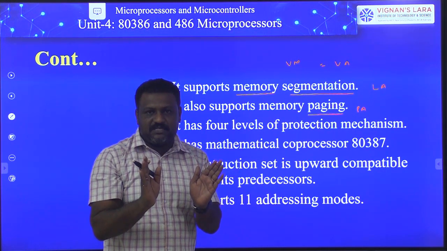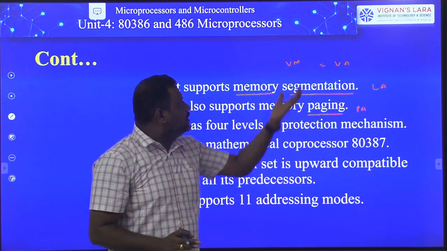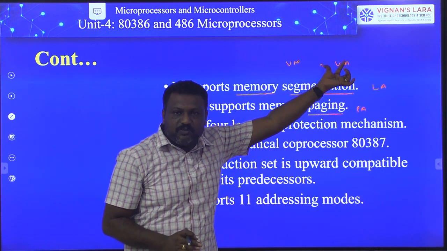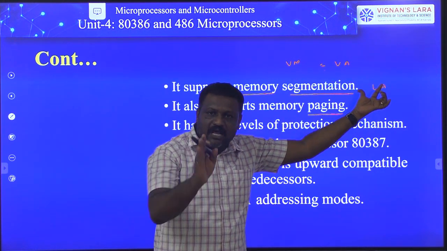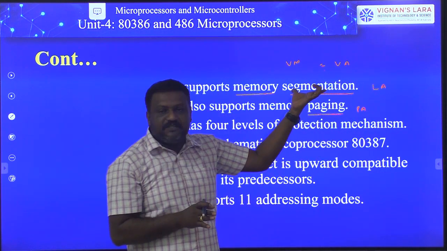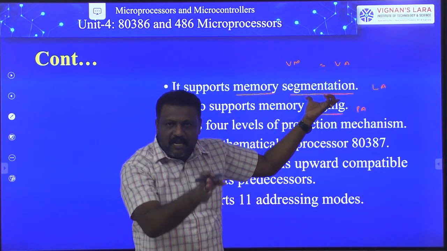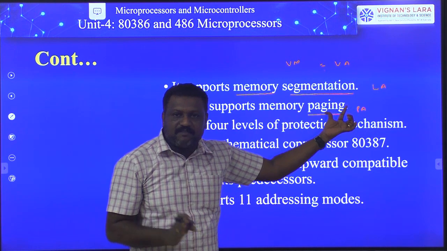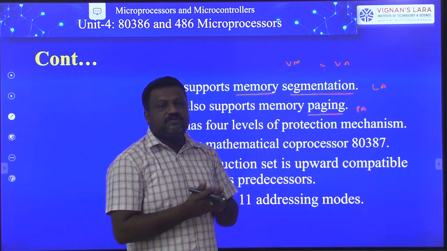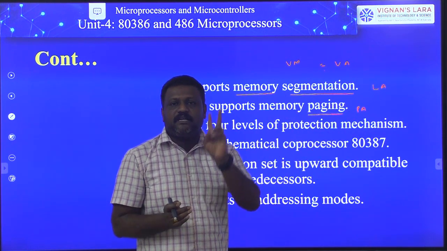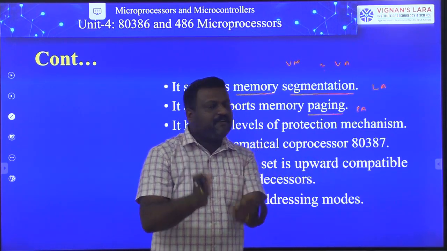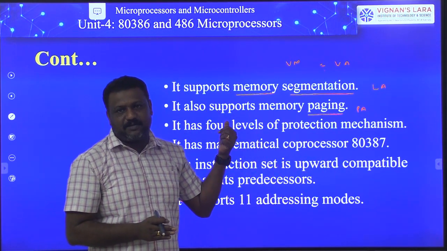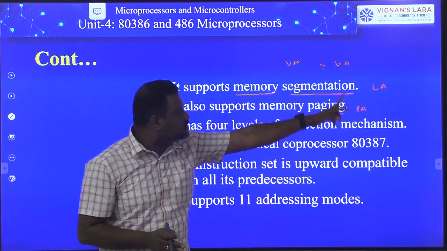Don't worry about this. As of now, remember your virtual memory generates virtual addresses, and that virtual address is first converted to a linear address as a first step, which we do with the help of segmentation. Later that linear address is converted to a physical address by using paging. So here there is a two-step address conversion process we identified in the 80386 processor,